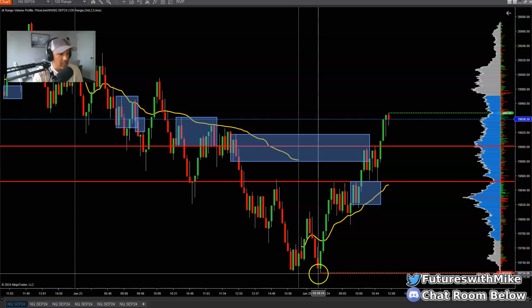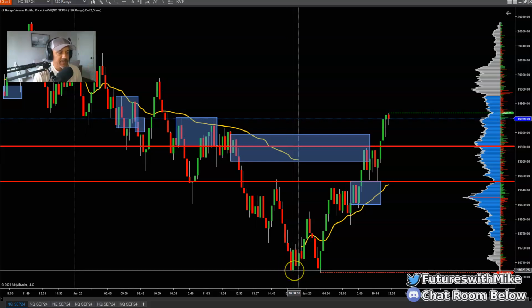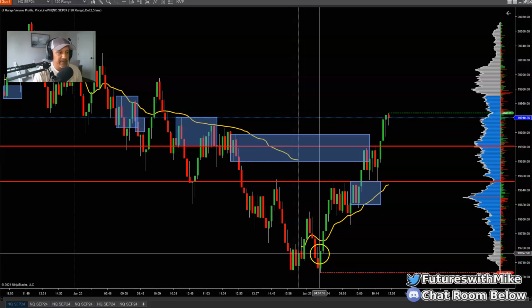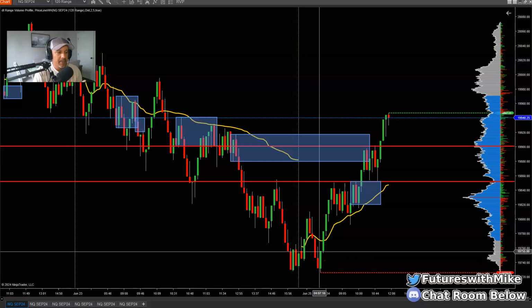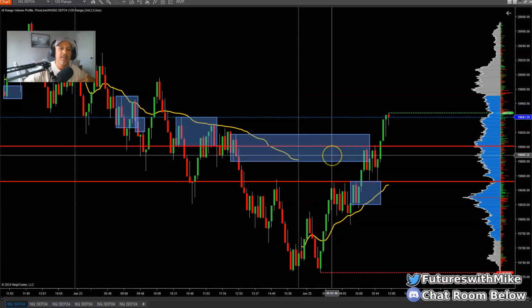It didn't break and close. On the 120, would this be an actual liquidity sweep? Yes, it is. It's breaking below an area of liquidity right here. The candle turns back around and breaks above, okay? So basically we're looking for a break and close of a candle to the upside, and then the market